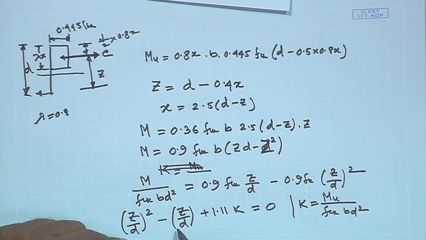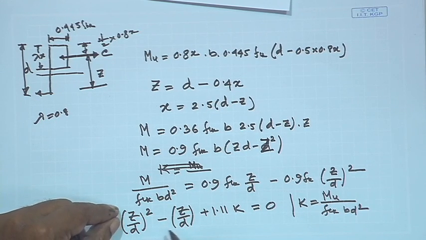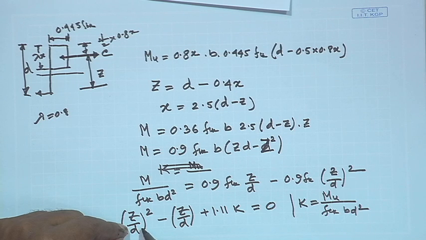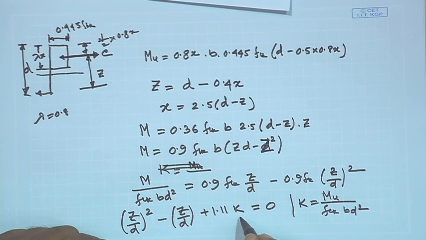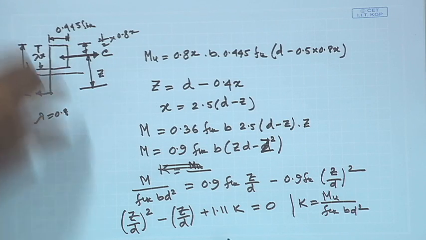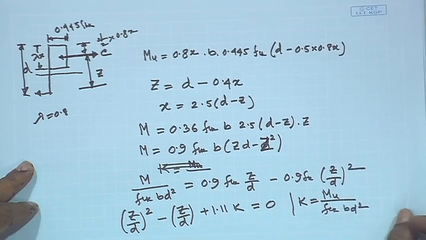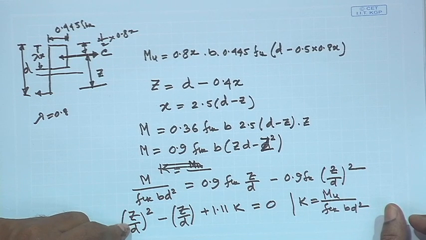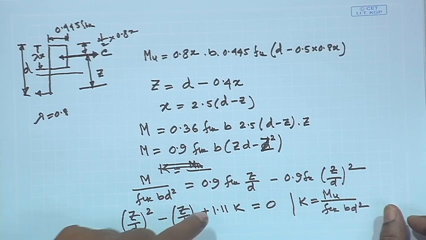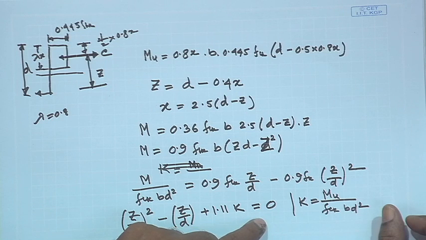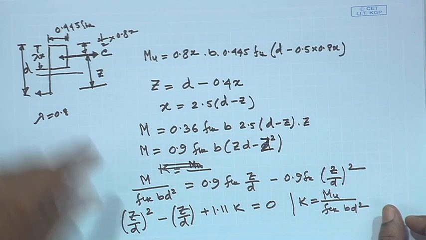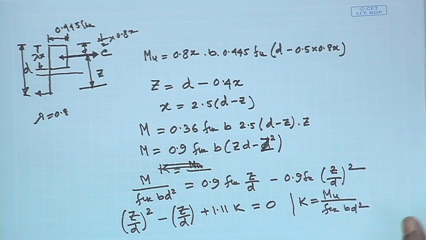So, from there we can find out that value of Z by D, we can solve that value of Z by D, and from there we can find out again the same type of equation, which will give us the solution of the same format: Z by D whole square minus Z by D plus 1.11 K equal to 0. From there I can get the value of Z, because earlier whatever I have told you here,